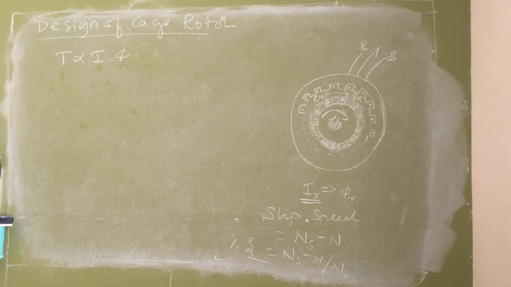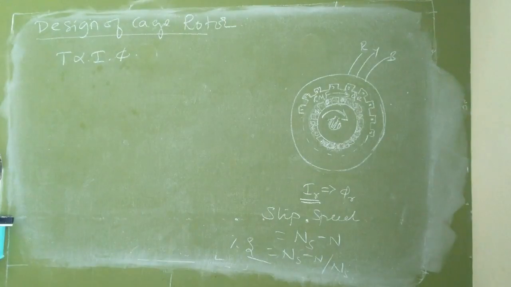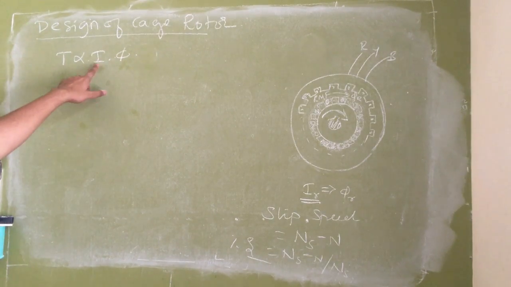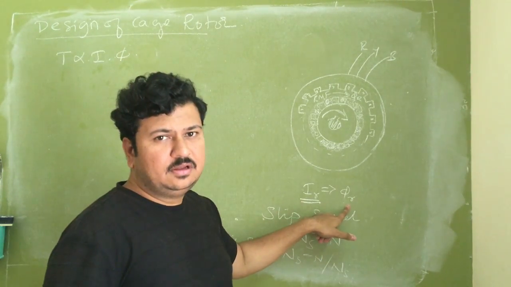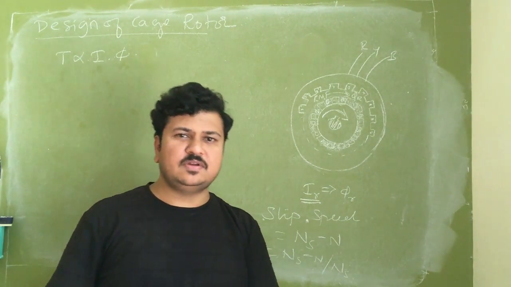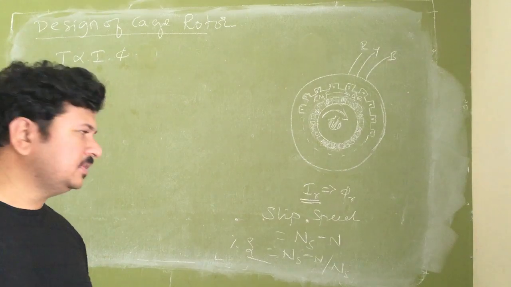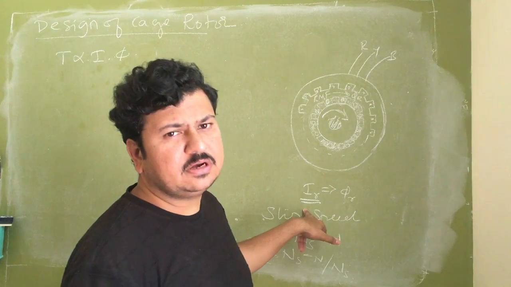So now coming to the torque produced. This is a fundamental proportionality of the torque. To get the torque equation for any motor, I will start from this equation: torque proportional to flux and current. When the current and the flux interact, actually this current is taken in disguise of flux only. Interaction of current and flux means interaction of flux and flux. But I cannot represent the value of flux directly because it is more complex to represent, so better I will represent it by current.